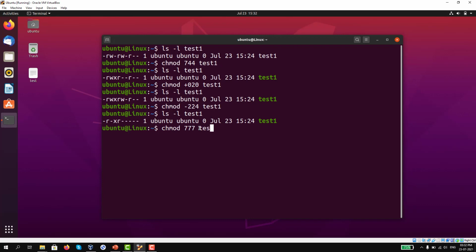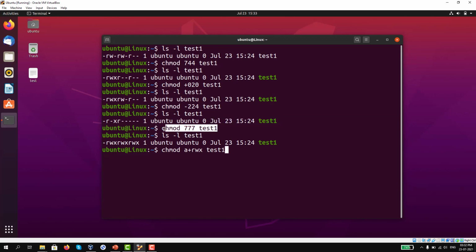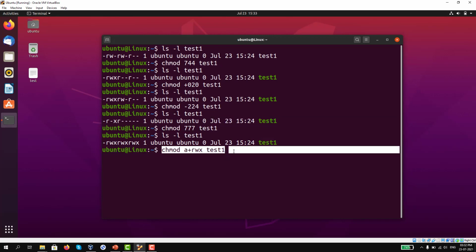Let me enter. If I list out the permissions again, you can see here everyone in the system has all permissions. It is equal to chmod a plus rwx space test1. This command is equal to this command, like this.